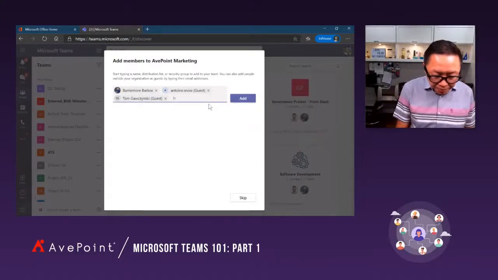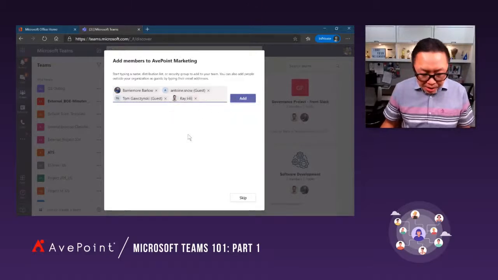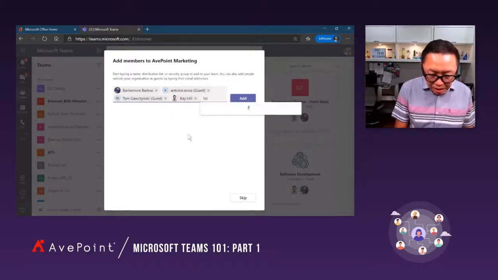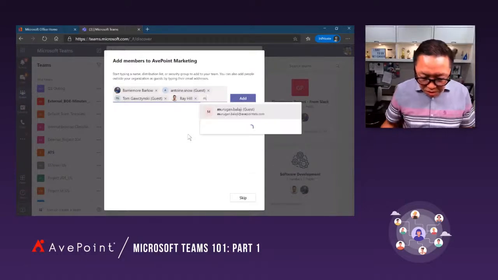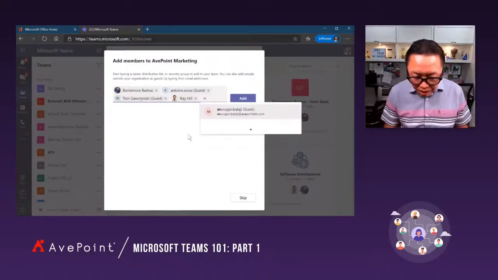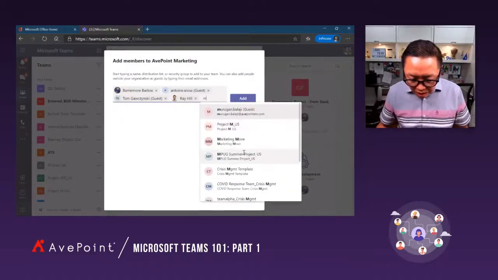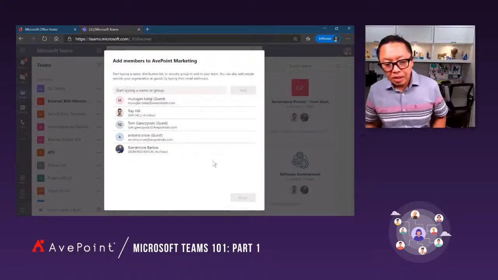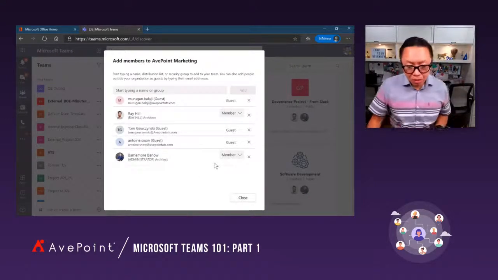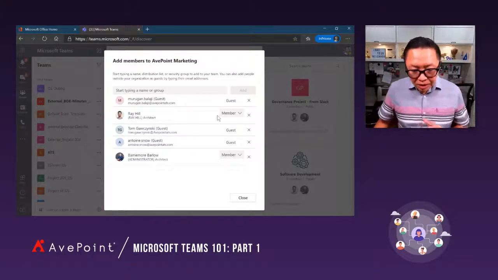I can add Ray, and I can add Molly. Let me add Murugan. Okay, so I've added all these different people, and obviously they have different roles.